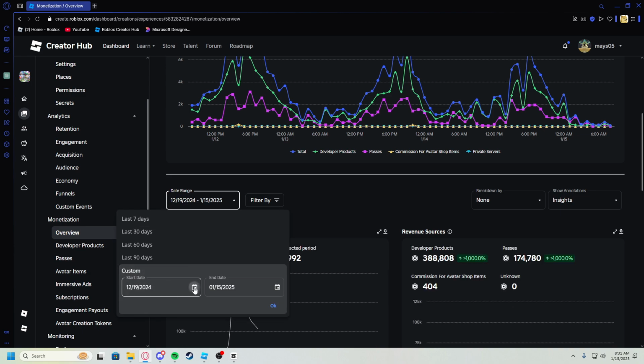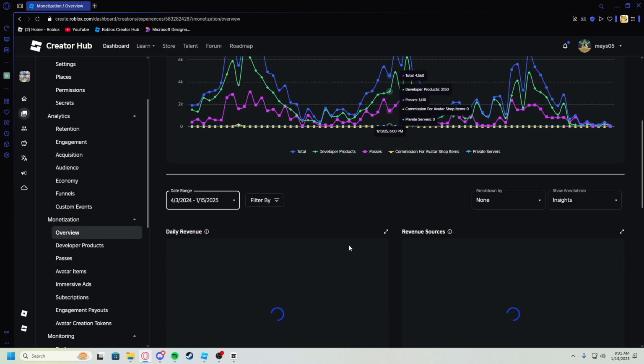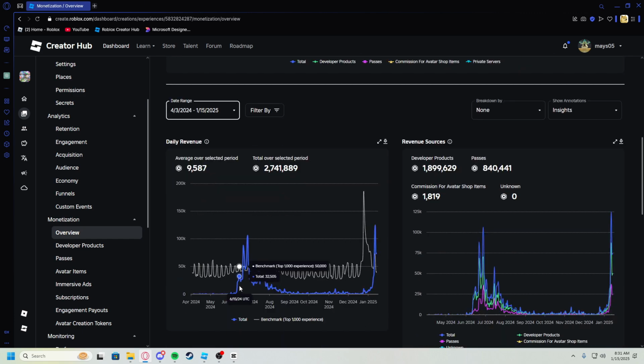If I can go back far enough, I could show you originally when the game was popular, because back then it made good money like it is now. Mid 2024, it was doing really well, just about the same as it is now. Maybe a little more consistent for a little bit longer, but it's only been a week since it's been popping off again, so maybe I'll see that same kind of consistency for a couple more days. Well over a month that it was doing pretty decently. I don't think it'll do that again. I think I've just gotten lucky.